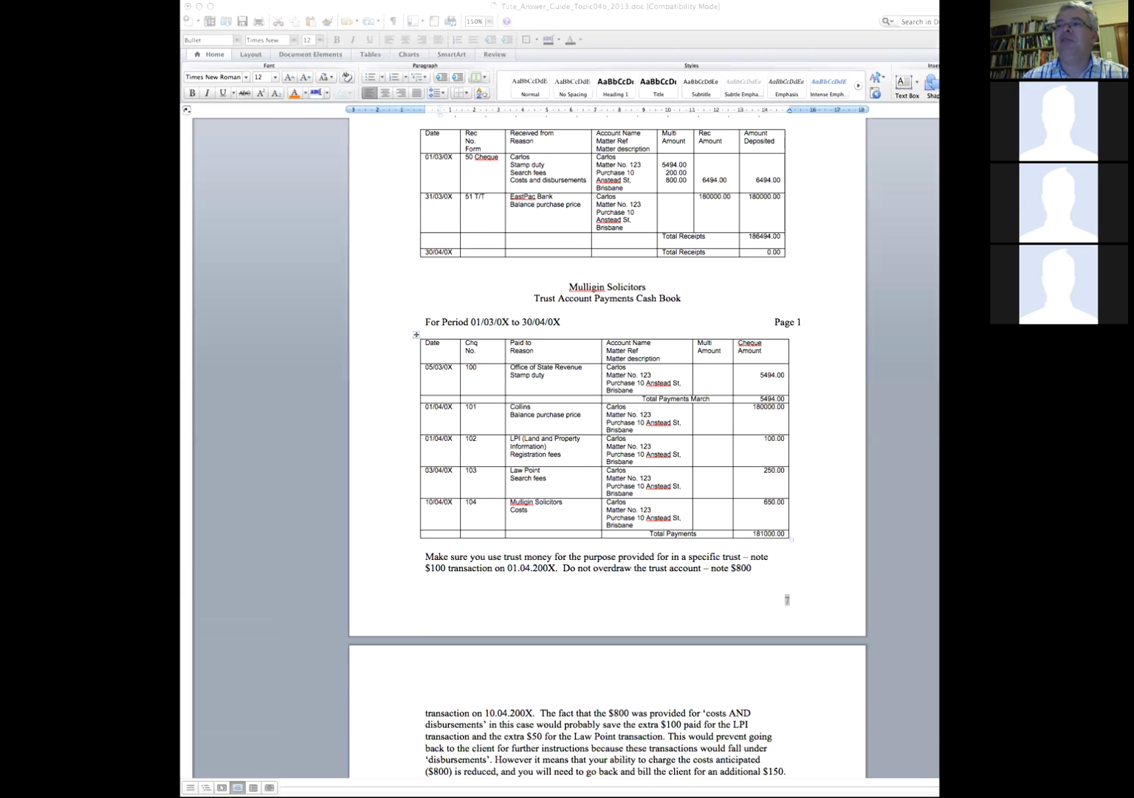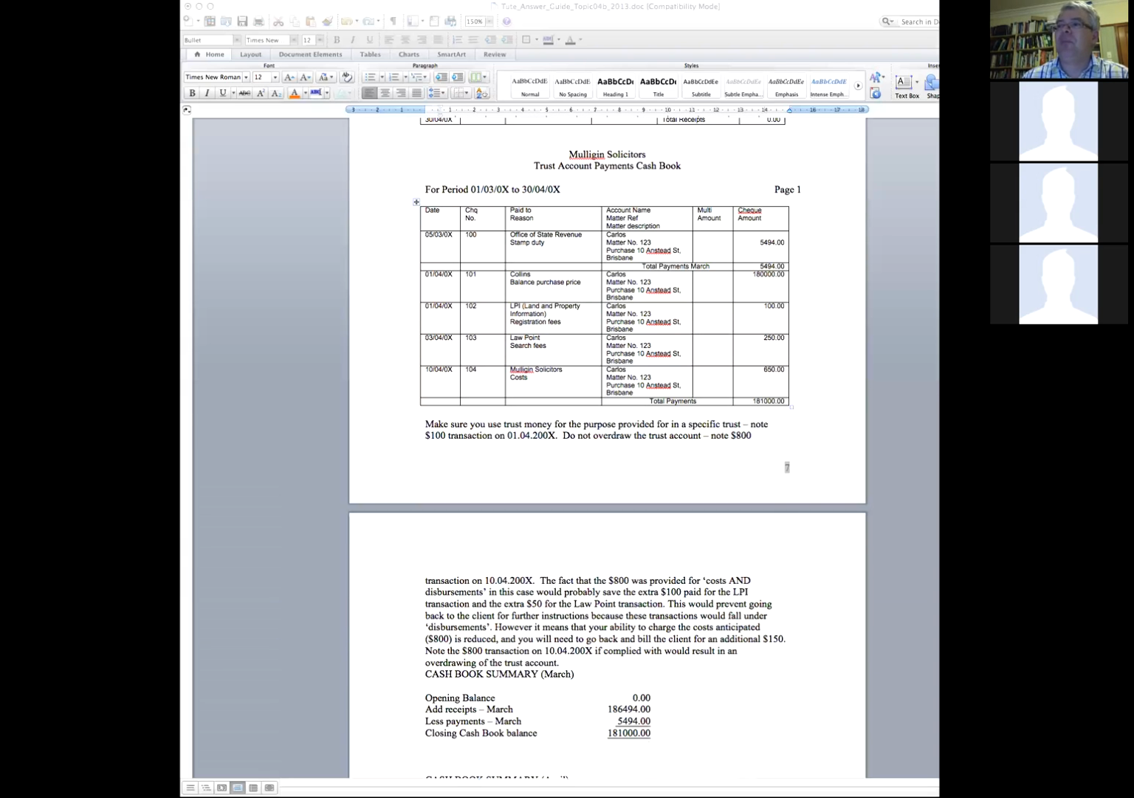So the date is the 5th of March. The cheque number that you're issuing is cheque number 100, because you're told in the problem that that's where the cheque numbers start. It's paid to the Office of State Revenue. The reason for the payment is stamp duty. The account name relates to Carlos. The matter reference number is 123. The matter description is the purchase of this particular property. The amount of the cheque is